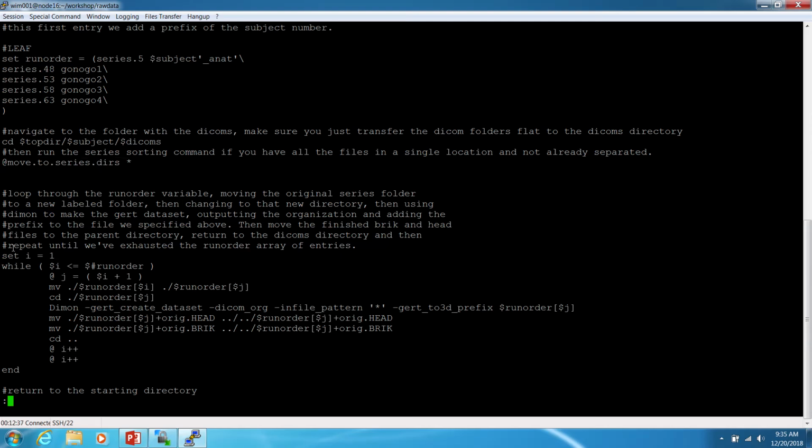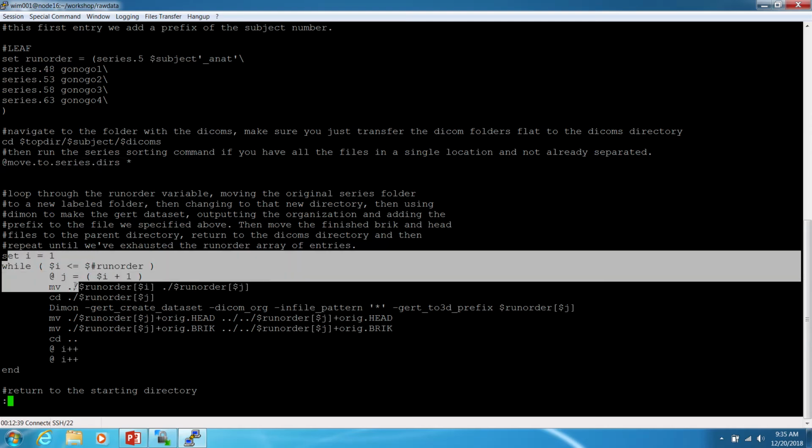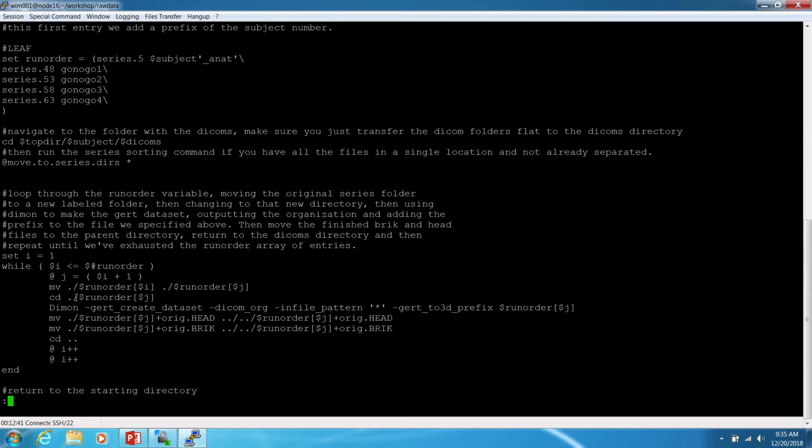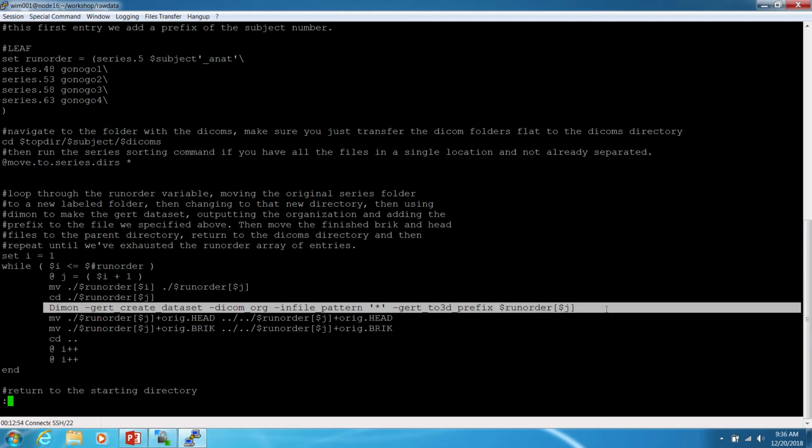And then I don't want to go too far into detail, but this is a loop that basically moves those directories around and then uses this daemon command. This is another AFNI command that basically takes the name of the folder that the DICOM files are in and makes a